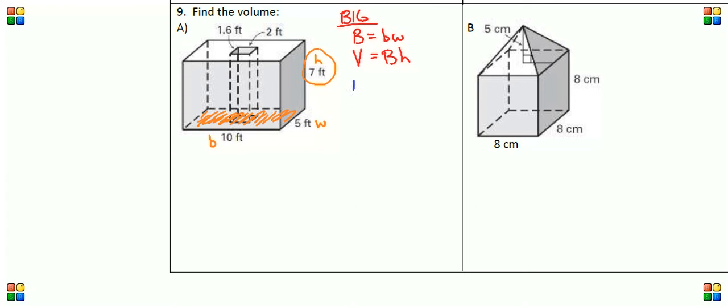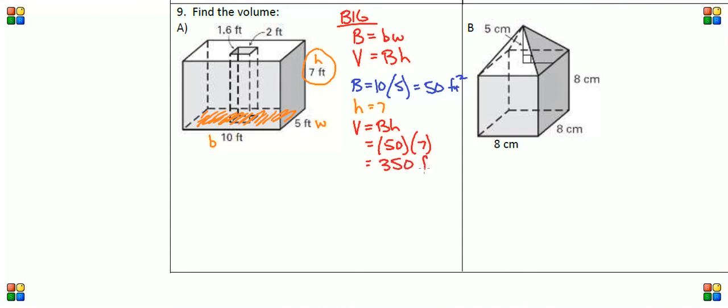We've got the area of the base is 10 times 5, which is 50 feet squared. We identified our height as 7. So our volume is going to be the area of the base times the height, which is equal to 50 times 7, which is equal to 350 feet cubed. So there is our larger